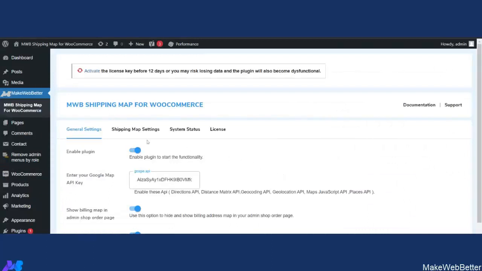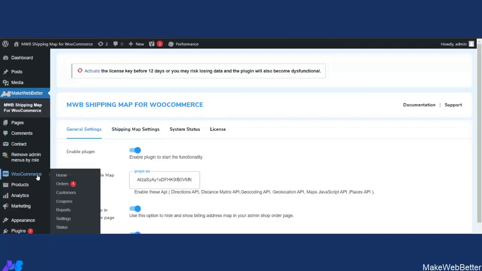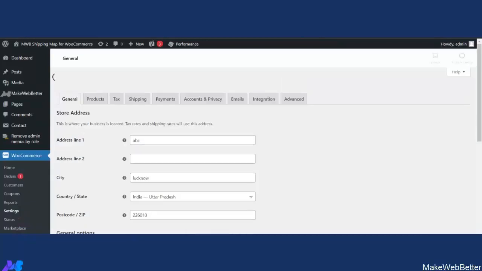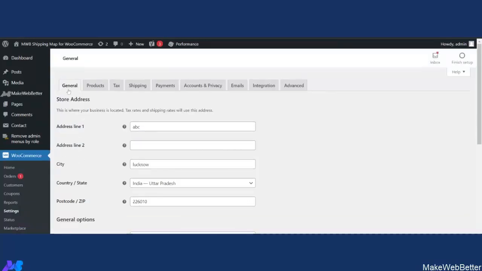So before moving to the shipping map settings, one thing you have to make sure is that you enter the shipping zone and the correct address of your store. For entering your store address, hover on WooCommerce and click on Settings. In the General settings tab you will find the store address. From here you can enter the store address, so it will show the accurate address on the Google map,